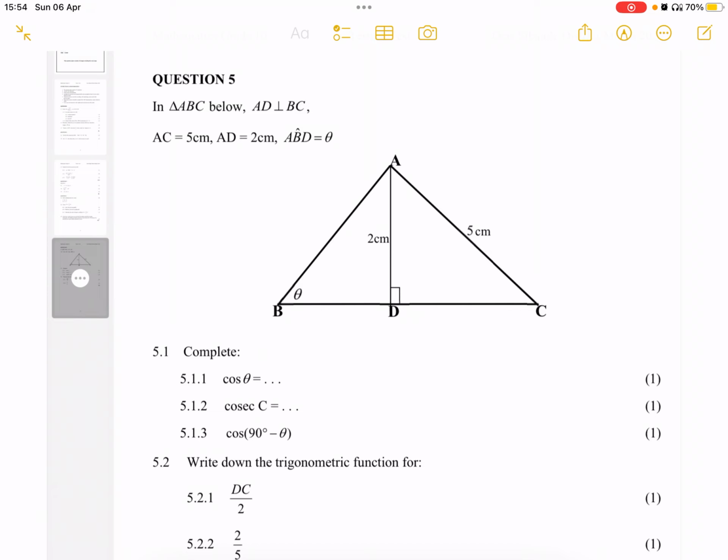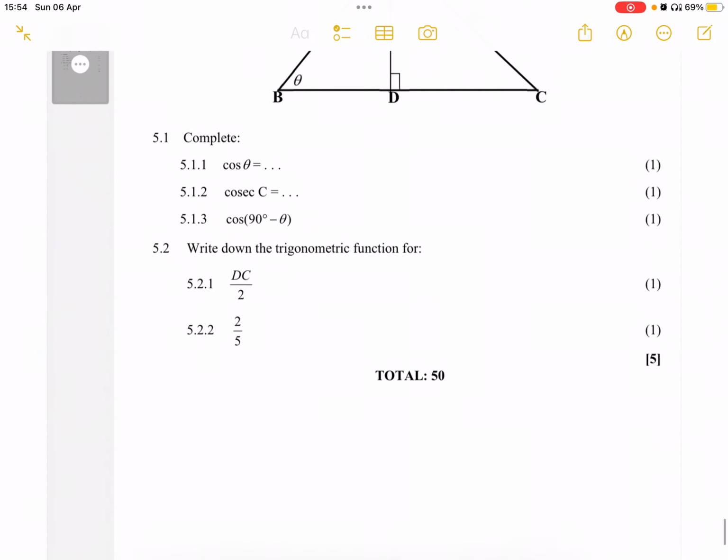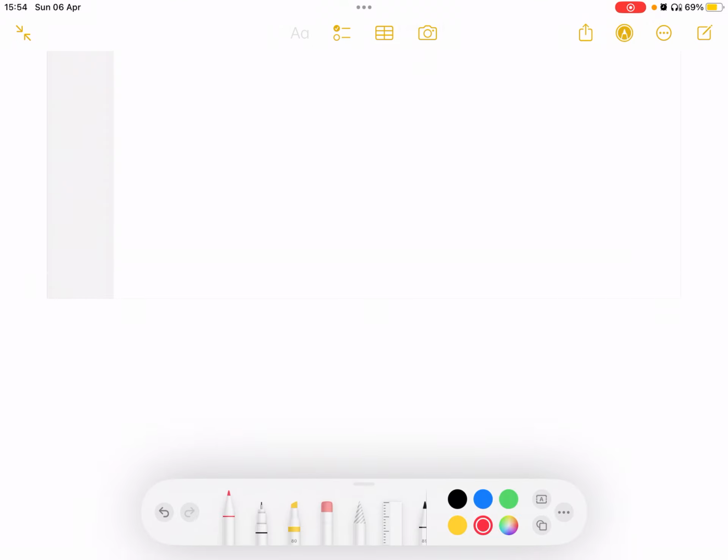Given a triangle ABC below, where AD is perpendicular to BC, the length of AC is 5 centimeters, the length of AD is 2 centimeters, and the angle found in ABD, sorry, is angle theta. Now complete the table to define cos of theta according to this triangle. So in 5.1.1,